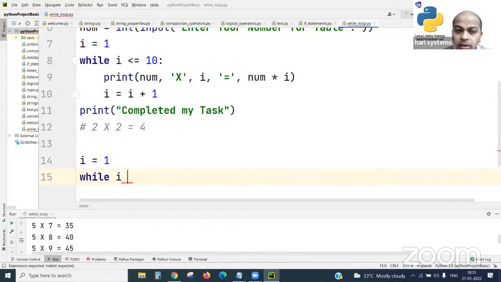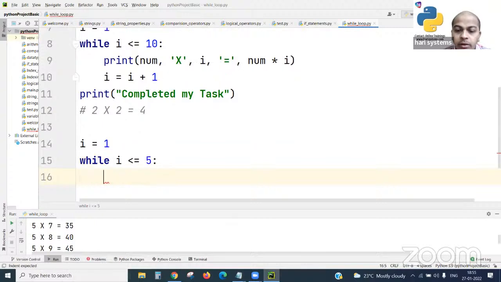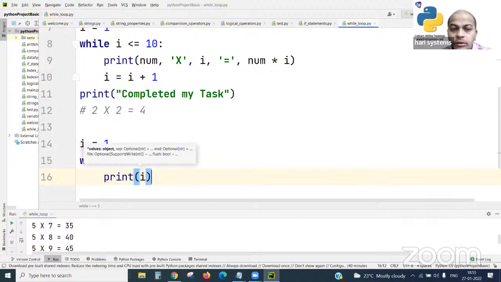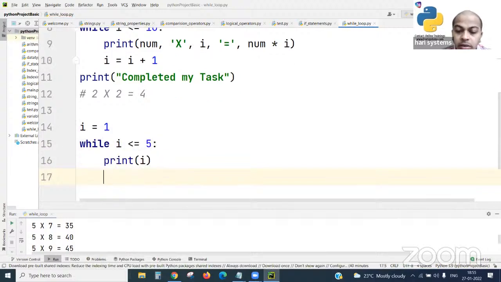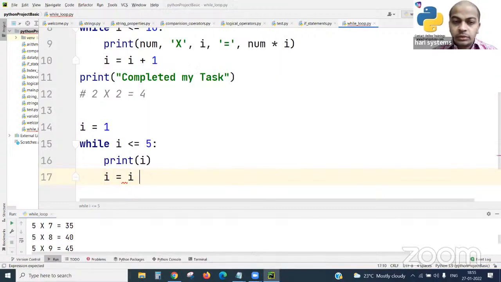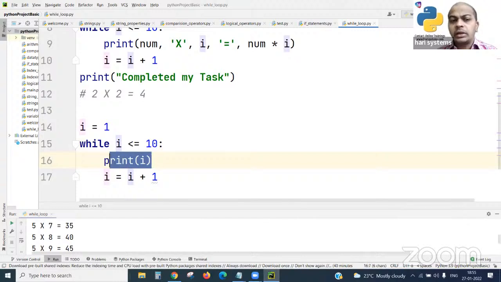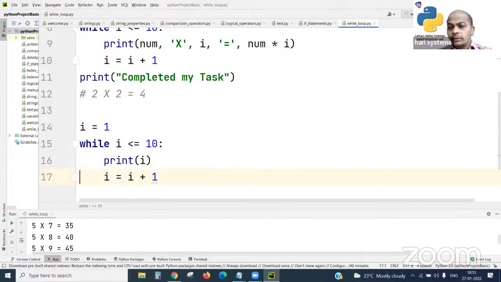While I is less than or equal to 5, you can print the I value here. And I equal to I plus 1, as we discussed at the beginning. If you want to get 10, you can put 10 here, and you will get 10 numbers, 1 to 10.